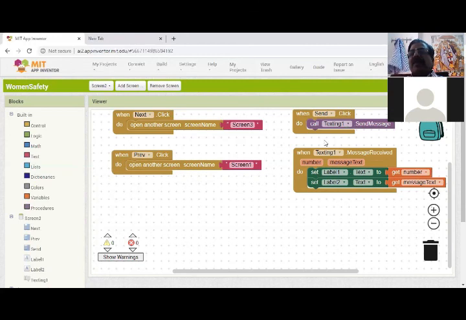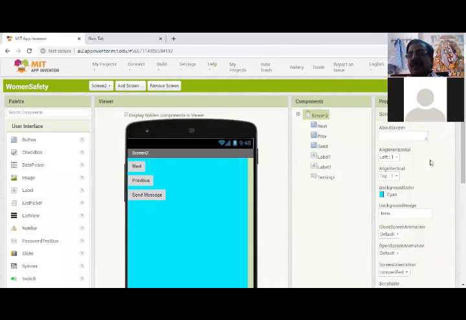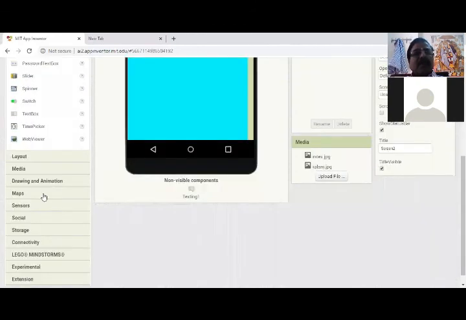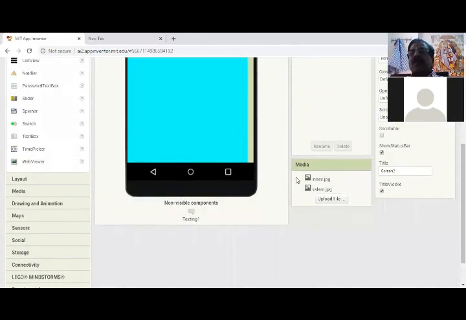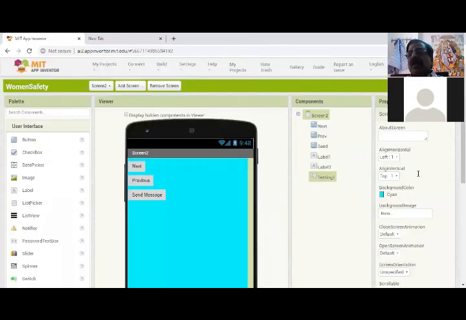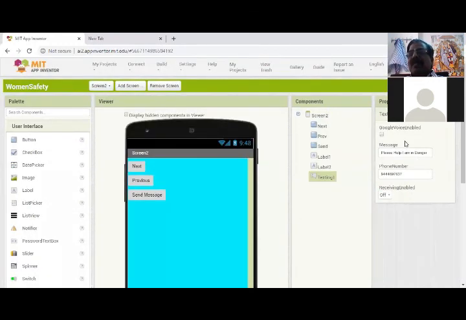We already have the message set, so I will show the design part. Already I shared the message. I can use Google voice enabled to send a voice message, and the message is automatically sent.